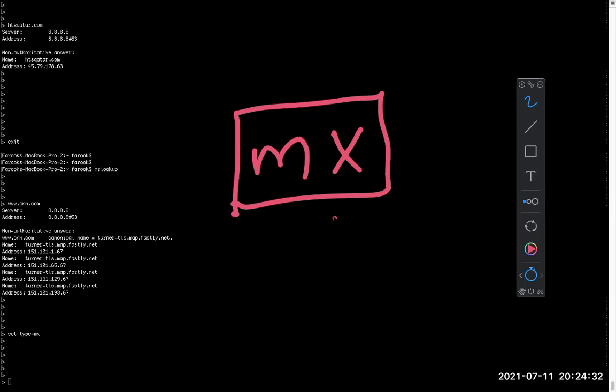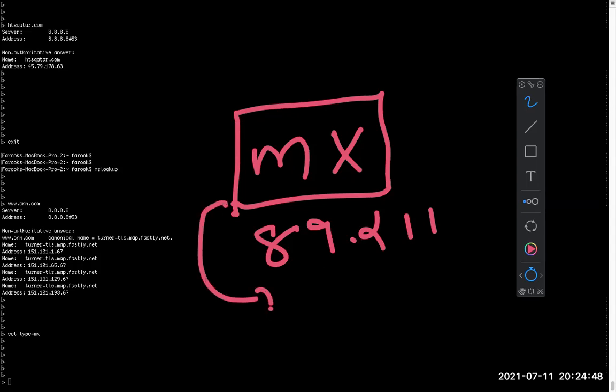So if you have a domain name like yourcompany.com and it was hosting your mail server with Ooredoo in the past, the MX record should be going to something like 89.211. When you are moving to Microsoft, it will be something like 2.28.